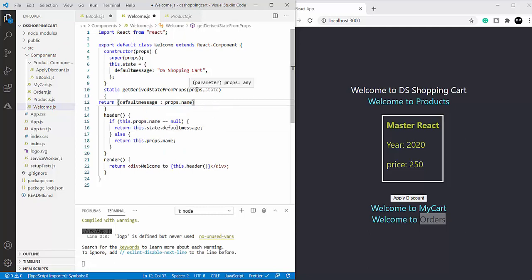Since I have passed these props, I can, without using the this keyword, just have it as props.name. So this also will work. That's it. Now let me remove this functionality.